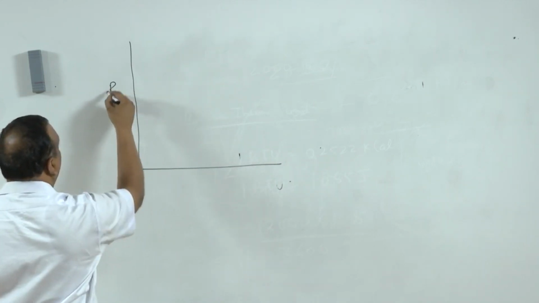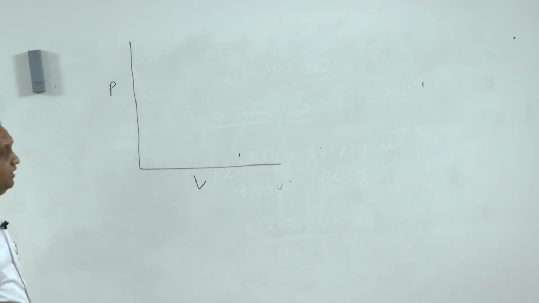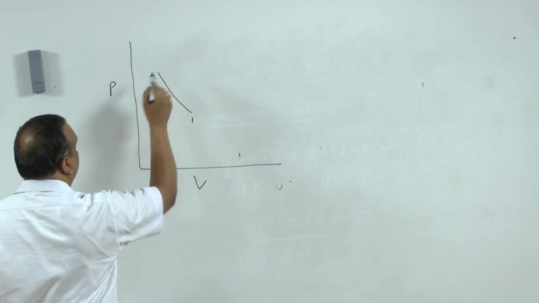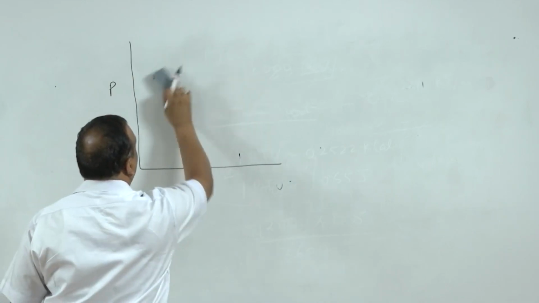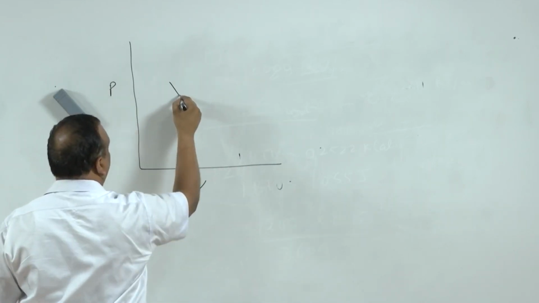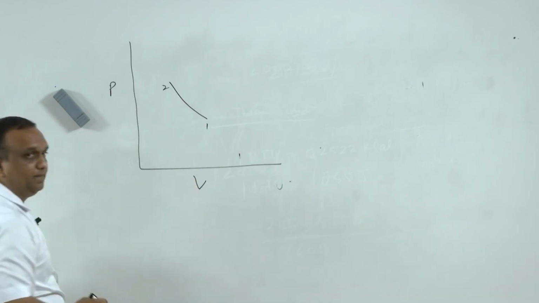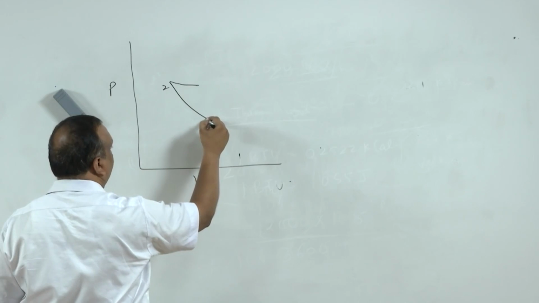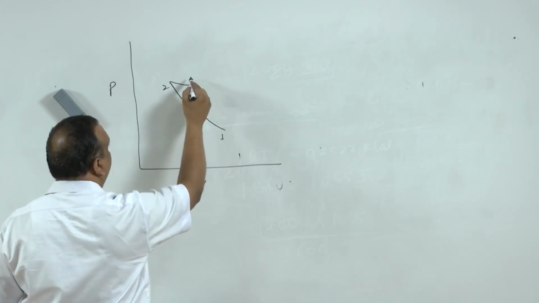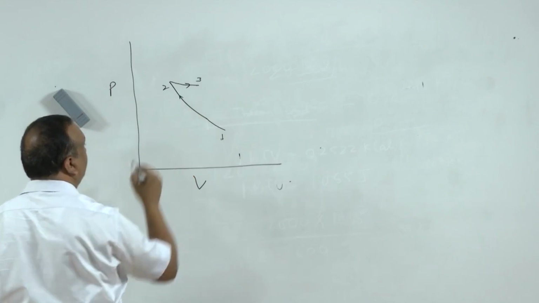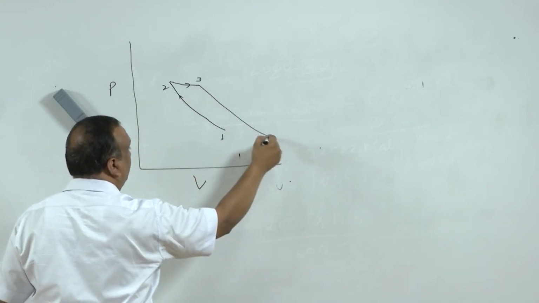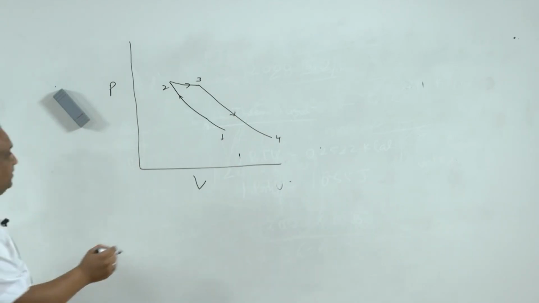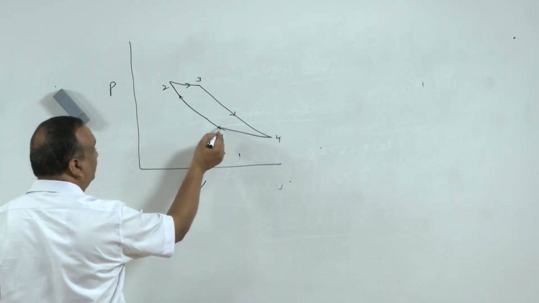If we express it in a PV diagram, there are 4 processes, starting from adiabatic compression, state 1 to state 2. This is adiabatic compression, right. Then isothermal heat addition, from process 2 to process 3. Now, process 3 to process 4 is again adiabatic and isentropic expansion, and then process 4 to process 1